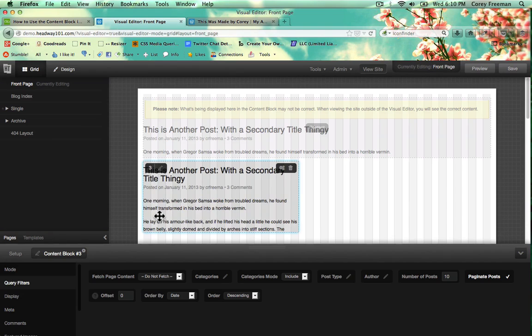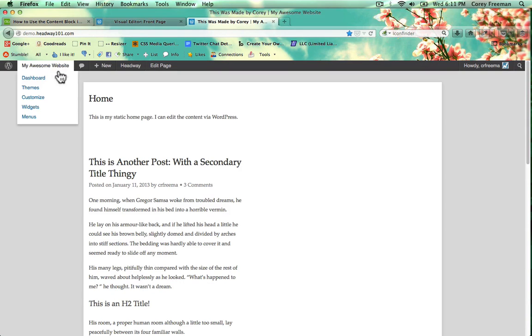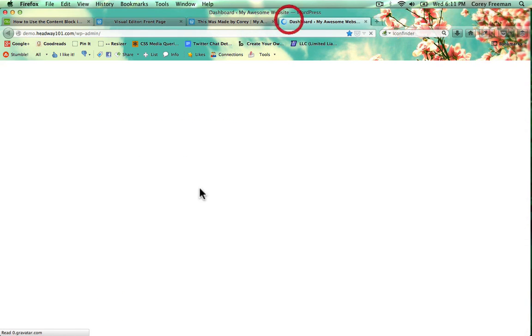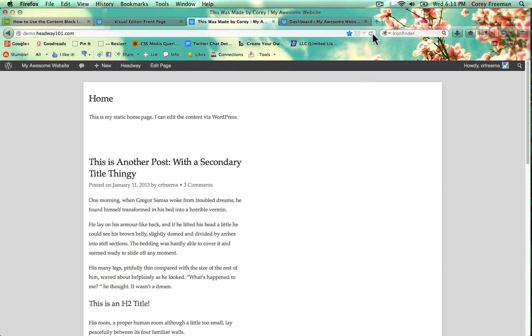Just checking for questions. So in this case, if you do fetch page content, again, this is query filters in the block options. You can open up block options, by the way, by right-clicking, or you can click on the gears icon. I've gotten into right-clicking so much that I forgot to explain that. But if you want to display a page, a static WordPress page, under the Pages menu in the dashboard, here where it says Pages, you would use the fetch page